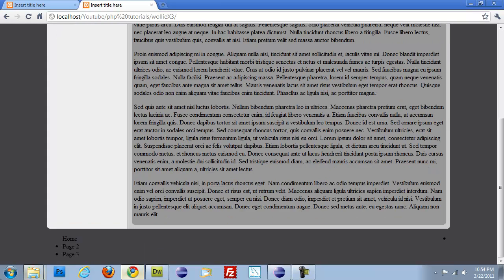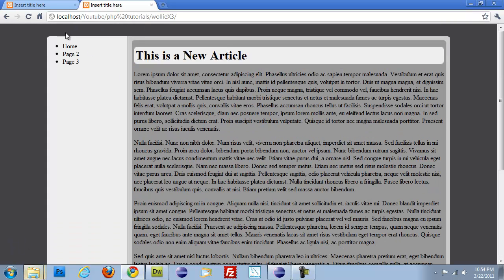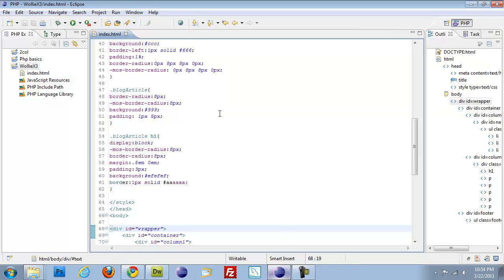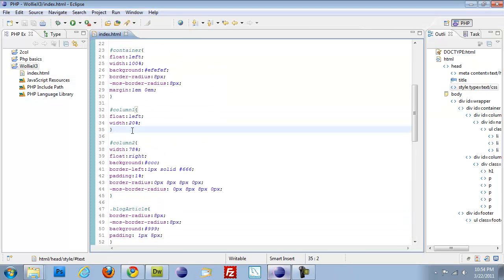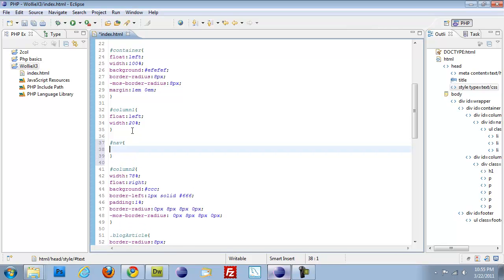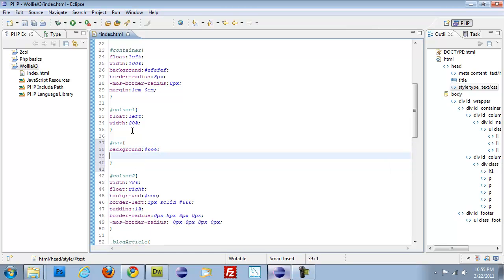And the last piece is stylizing my footer and stylizing my navigation menu on the left side here. I'm going to jump right into stylizing my navigation menu. So I'm going to jump back over here, come back over to where column 1 is, and I'm going to put in a nav ID. And with this, I'm going to do a background color of mid-grade gray, border radius, and I apologize if I'm